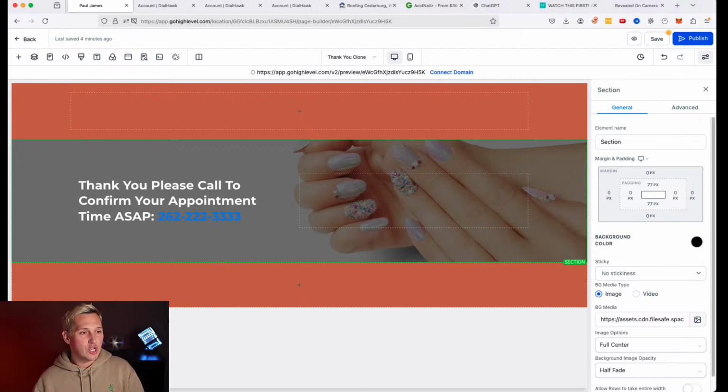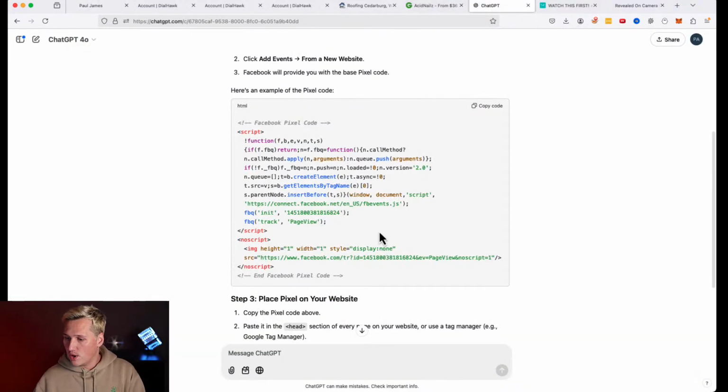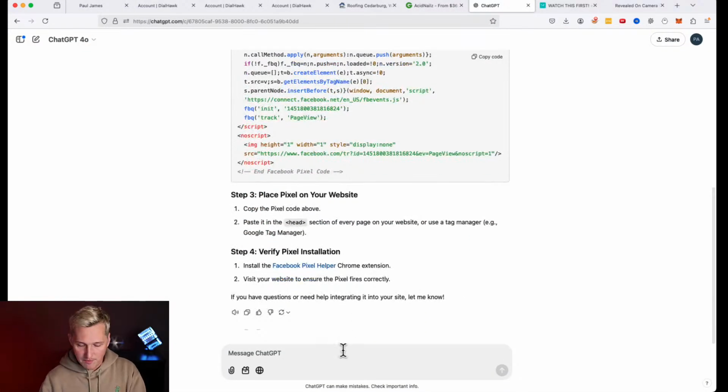What this is going to do is train Facebook on exactly what a lead means to us, meaning that they actually gave us information and that they are now a lead. And Facebook will use that information to keep showing our ad to the right people. You'll see what I mean by that as we get going and set up the actual targeting for this ad. So in order to do that, I'm just going to ask ChatGPT,